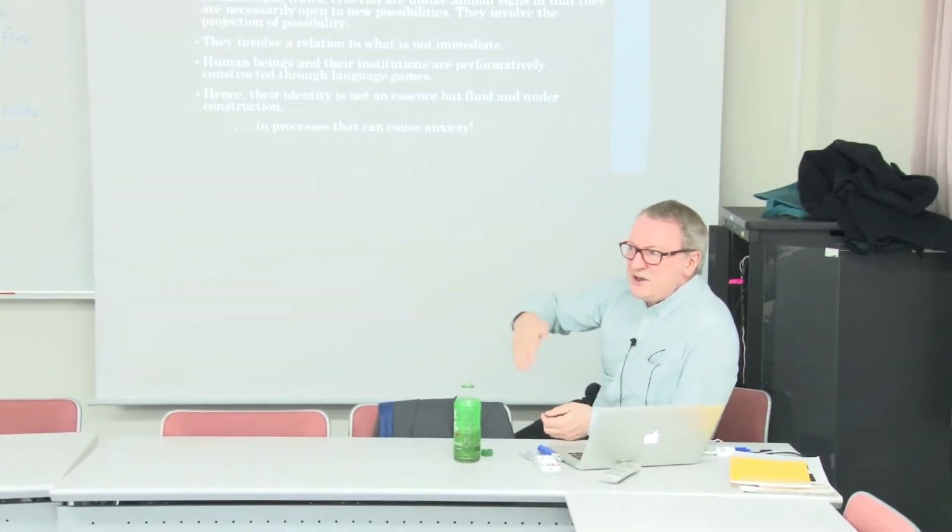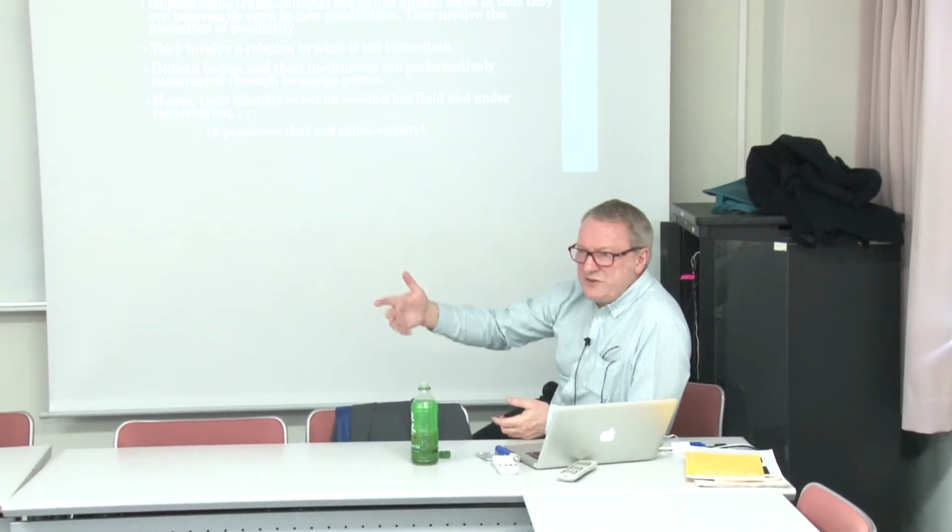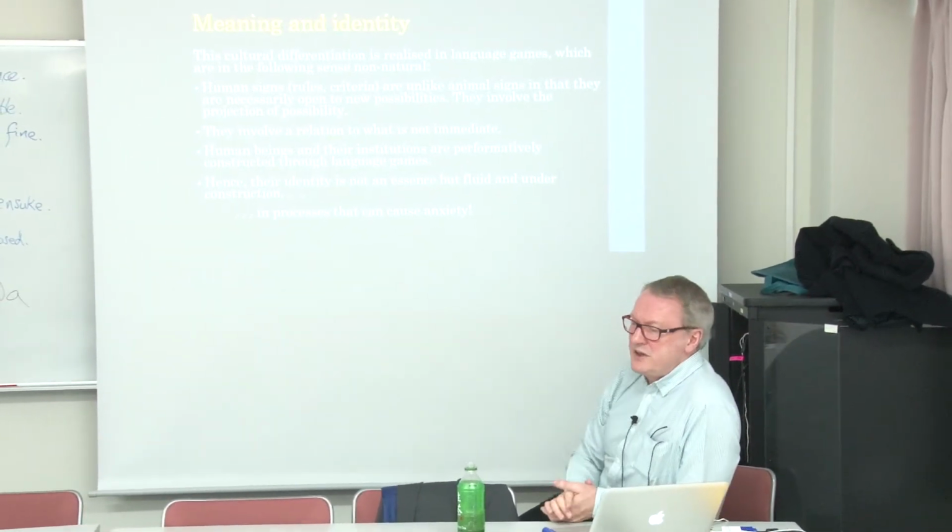So the sign is like a tool or a lever. It's like a movement that makes something happen. Human signs are totally different from that. Because if I say cup, and Naka gives me the cup, then the context, of course, showed what I wanted, and my hand and so on.